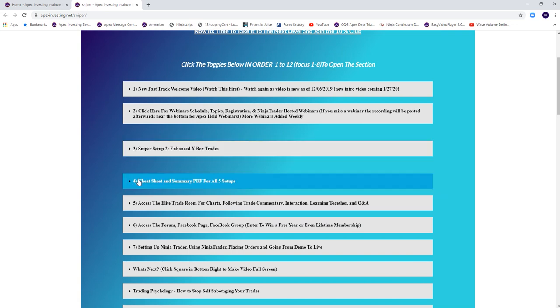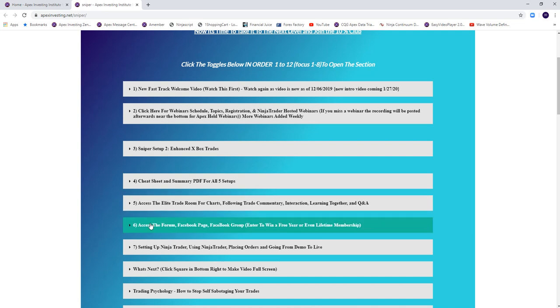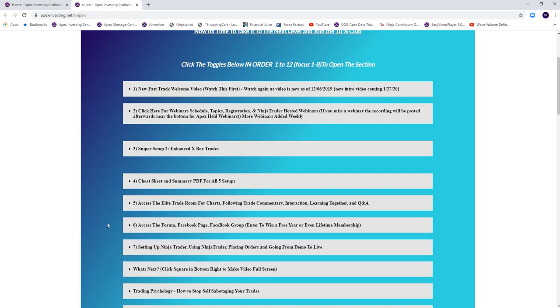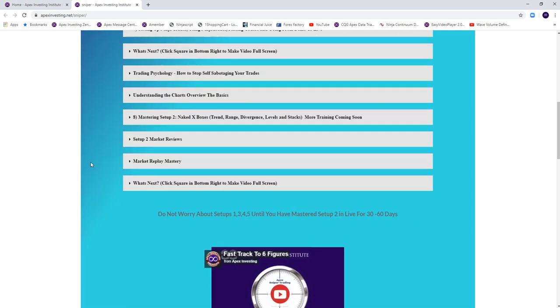All right, we've got some cheat sheets for you. You can hop right into the elite room to be in there with all the other traders, see the charts, be in there in the mornings with Daryl and Lori. You can access some more forums and set up Ninja, what's next, all kind of great information. But right here,